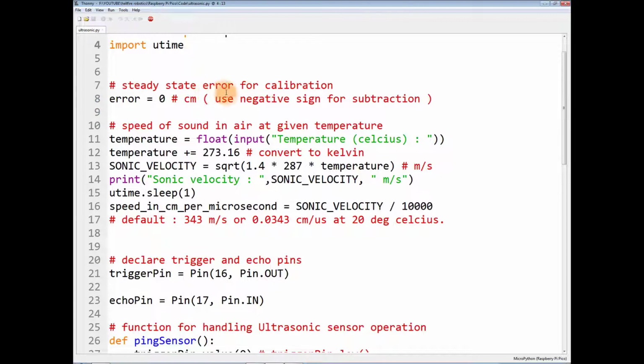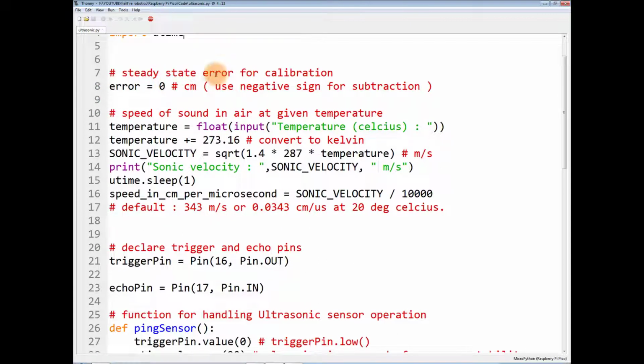Now you have to declare one variable that will be treated as a constant, and it is used for calibration. Suppose your actual distance is 30 centimeters and your sensor is reading 31, so you will set this error as -1.